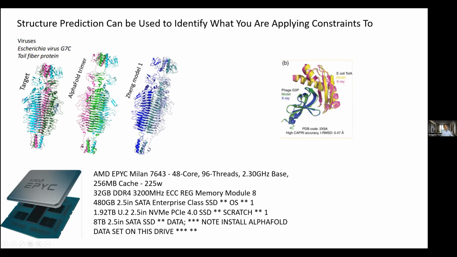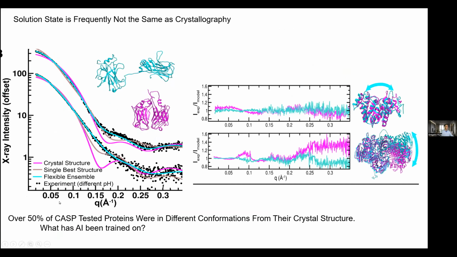But maybe if you add SAXS to it, as Scott or Susan may mention later on, you can constrain something bigger than this together. And we have a capacity to run AlphaFold on a system, and Scott may be talking to you about that later. I wanted to mention that